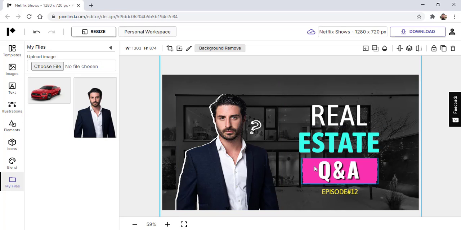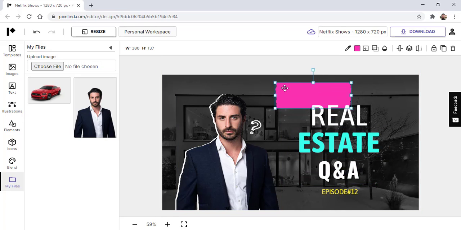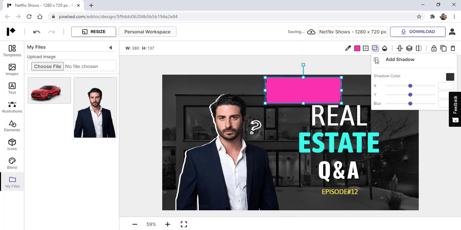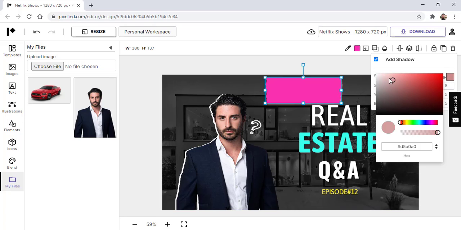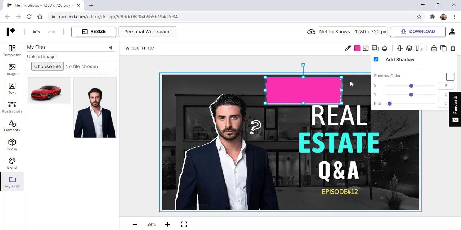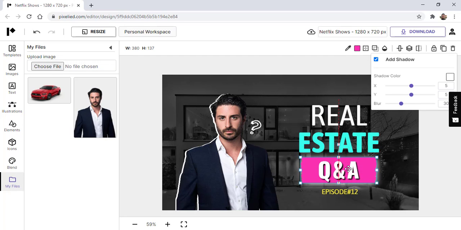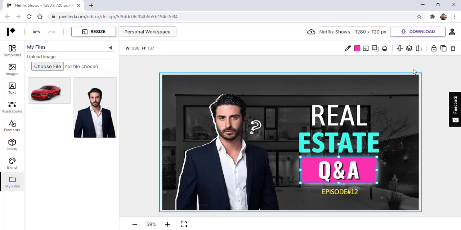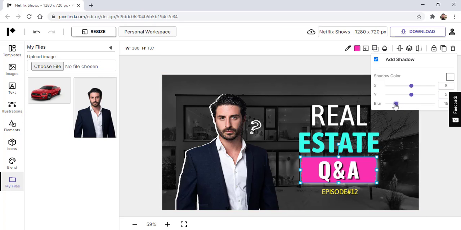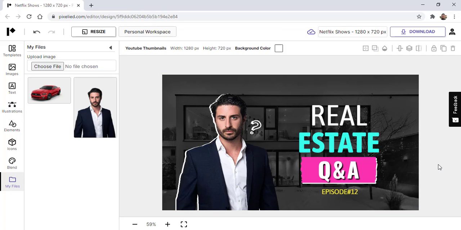Now if you want to add shadow to an element, the process is the same. Click on shadow, click on add shadow, and once you've done that, you can see that it is now activated. We'll change the color again to white, and now you can see that if we increase the blur, the shadow has increased with it, and we'll just remove the blur, and you can see that we have a solid shadow